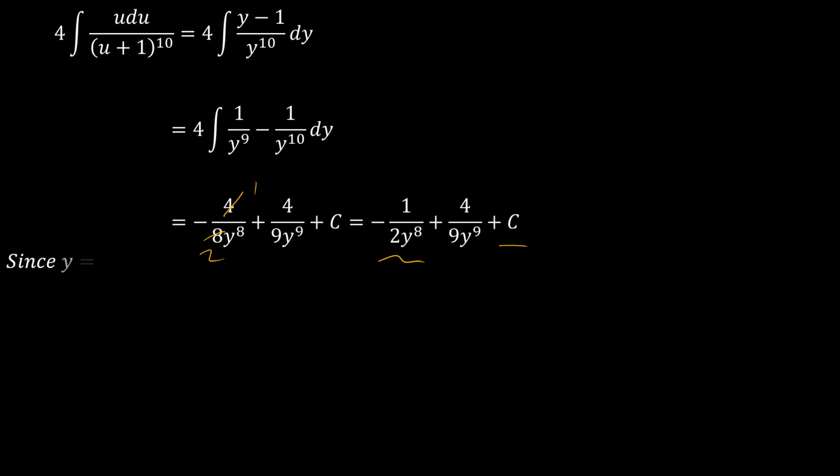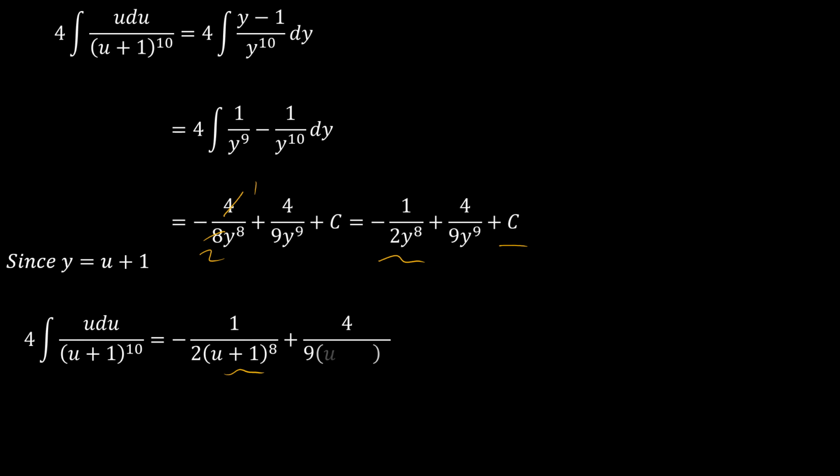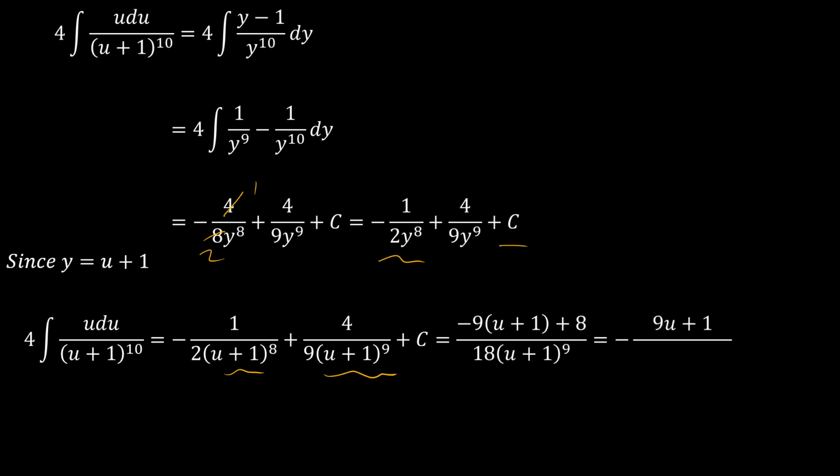But since y equals u plus 1, our integral in the u domain now becomes negative 1 over 2 times u plus 1 to the power 8 plus 4 over 9 times u plus 1 to the power 9. And then this can be simplified further using the product of 9 and 2, 18,